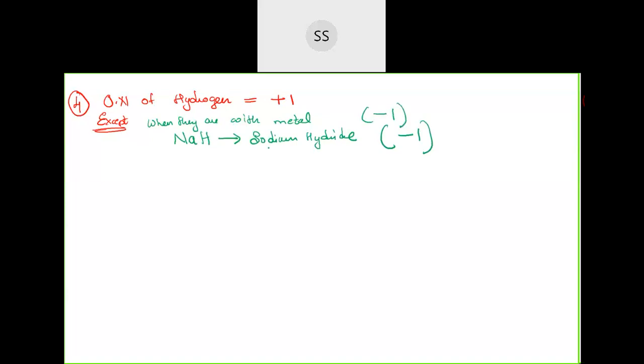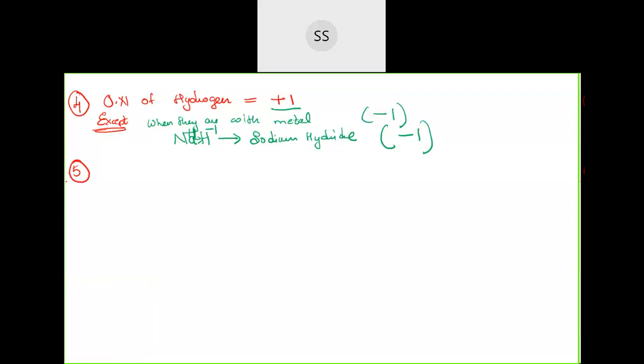Okay, you can remember this. Oxidation number of hydrogen is always plus 1 when they are with non-metals, because usually hydrogen is a small element and prefers losing an electron when it is with a more electronegative element. But when it is present with a metal, the metal is usually more electropositive, so the metal will be losing. So here Na will be in plus 1 form, hydrogen will be in minus 1 form. So in the hydride state, it is minus 1. Okay, that is the fourth rule.